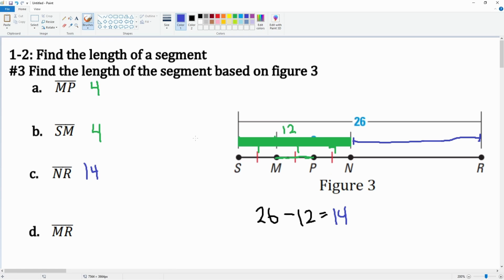MR, let's look at MR. Well, MR is made up of the 4 here, plus this piece, which we determined to be 14. So 14 plus 4 plus 4, that gets us 14, 15, 16, 17, 18, 19, 20, 21, 22. Okay. Let's just double check that it's 22. So 14 is here. We add this 4, which makes 18, add this 4, 18, 19, 20, 21, 22. So that is correct. That is how you find the line segment